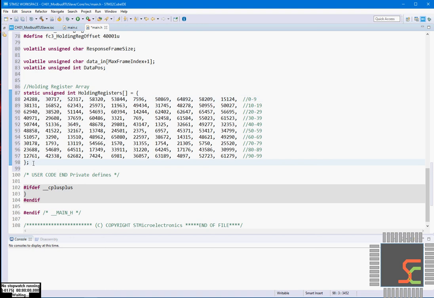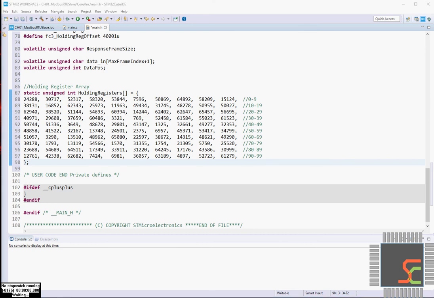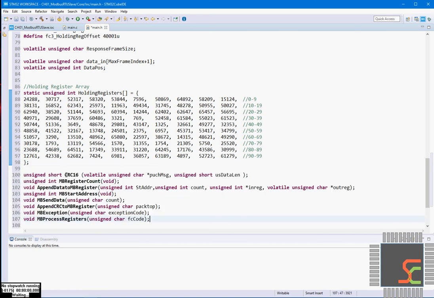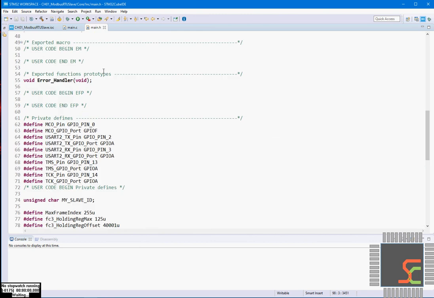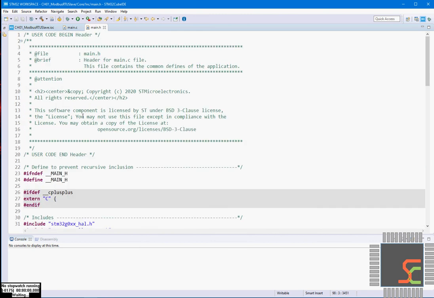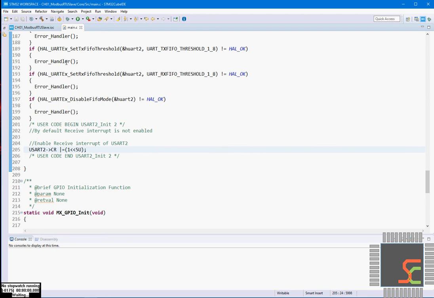We will verify our data in the Modbus master during our simulation. Next I will declare some function prototypes. In C we have to declare function prototypes before using them, so I will add them here. I will save my data. So the work of main.h is done.